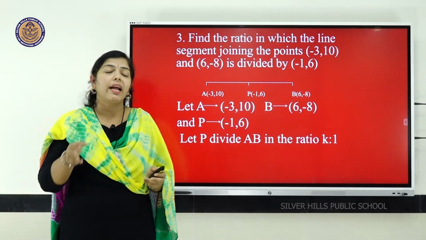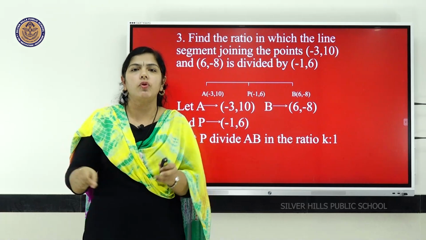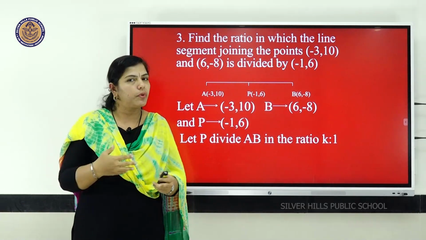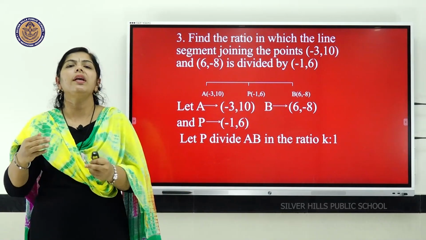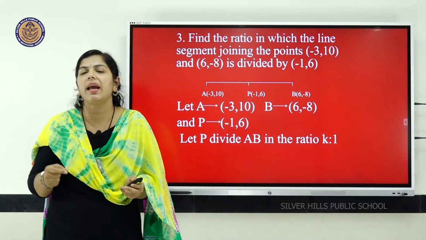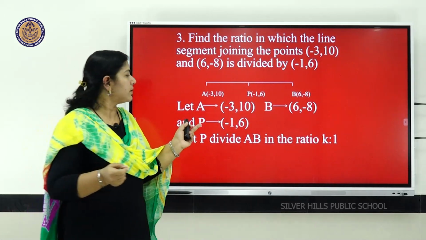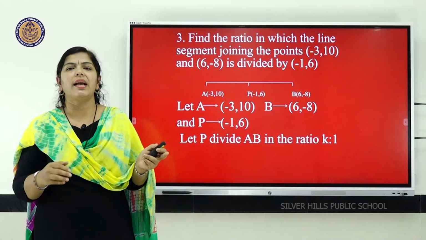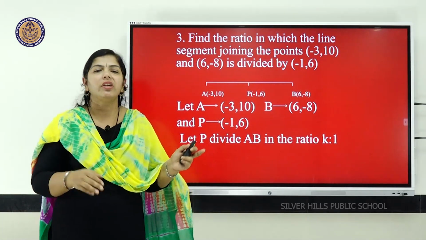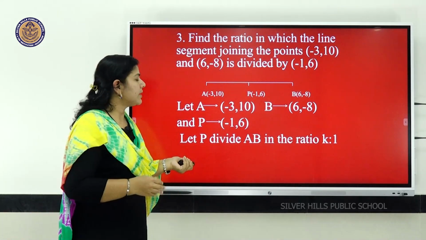What is k here? m1 is to m2, we will just divide both places by m2, that becomes m1 by m2 divided by m2 by m2, that is m1 by m2 is to 1. That m1 by m2 we will take as k is to 1. The other way, directly m1 is to m2 also we will get, but to do it easily we are taking k is to 1. Okay. So, we will assume let the ratio in which AB is divided be k is to 1. Now, let us see how to do.